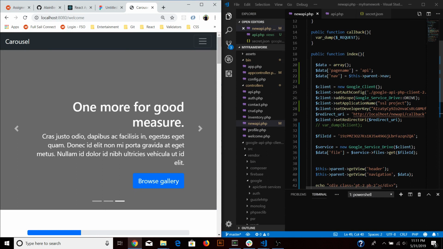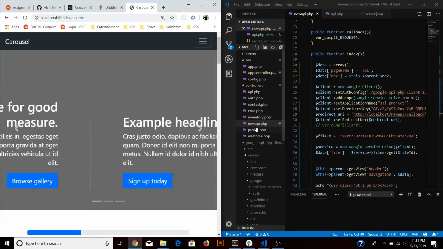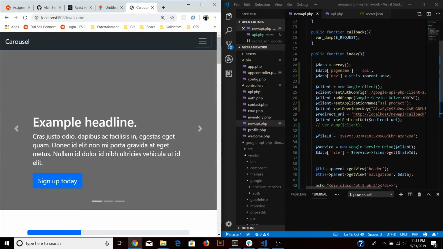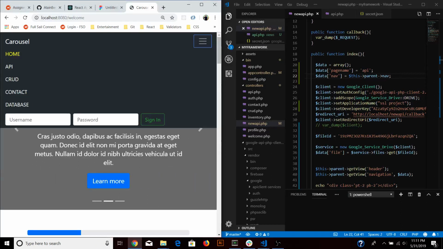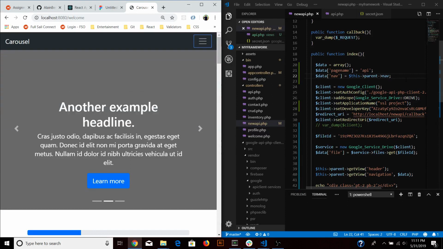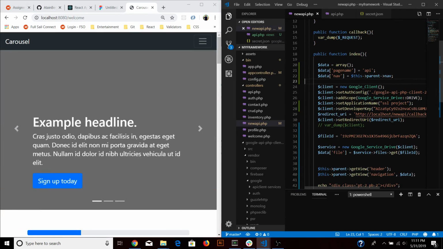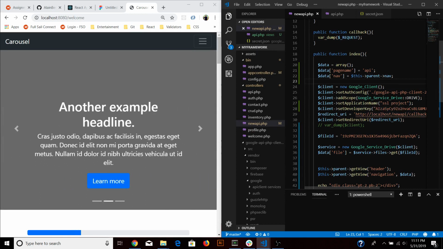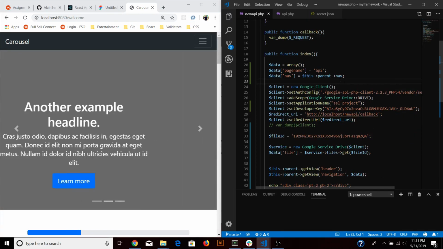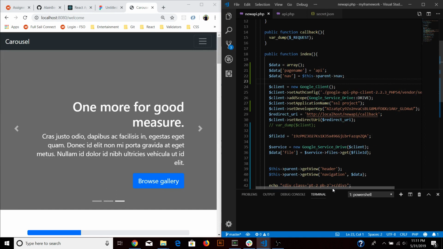So in my controller, new API, I am first making the page so that it knows when to highlight. Then I'm creating a client variable and I'm setting it to a new Google Client ID. Then I'm using functions from within Google Client to set the OAuth configuration, which comes from